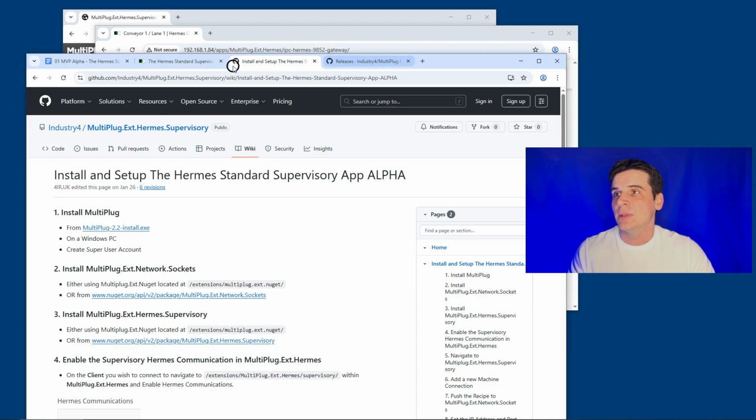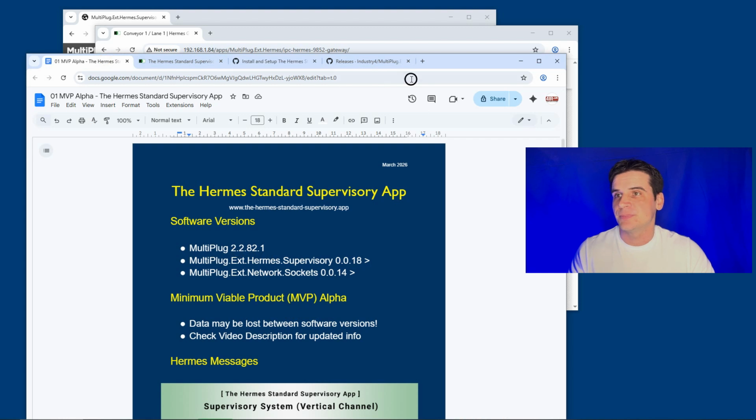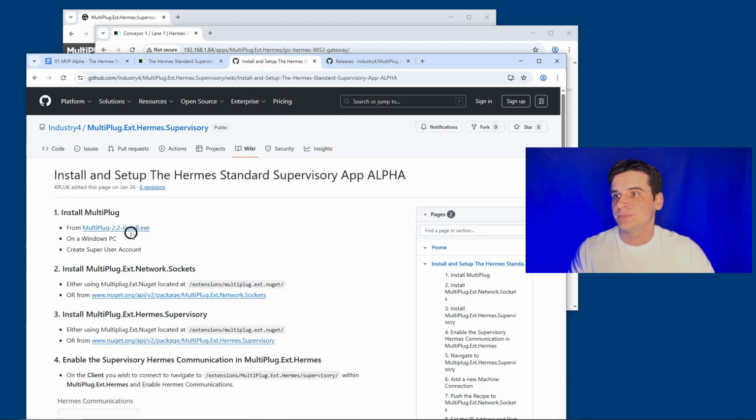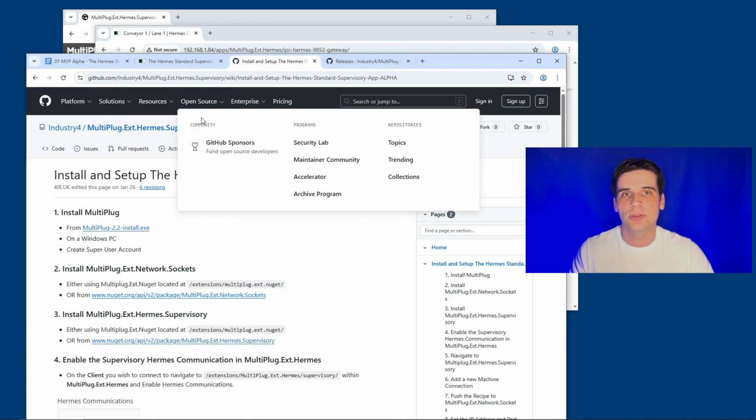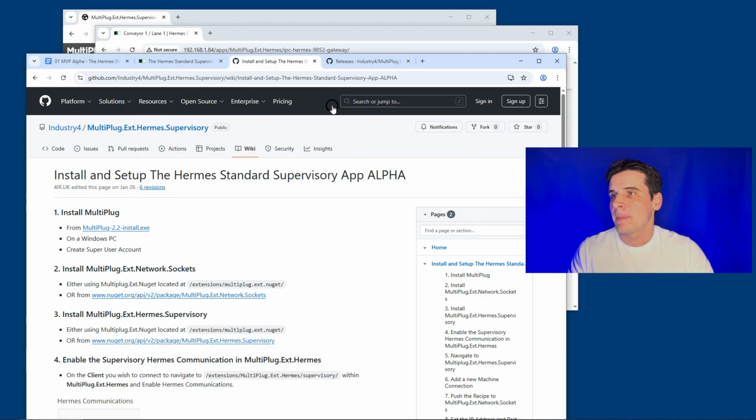But I'm going to do it now. So first of all, you need to install Multiplug. That's the Multiplug website. You can download it from there, or go to the multiplug.app website. When you've installed Multiplug and you've got it running on your PC, you can